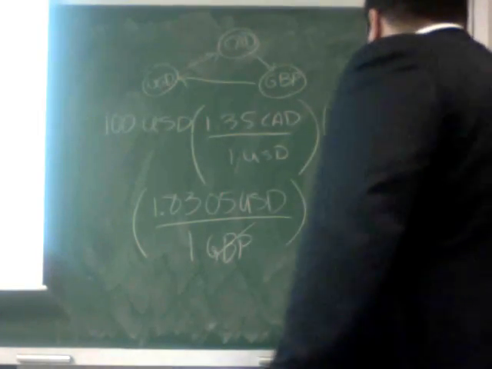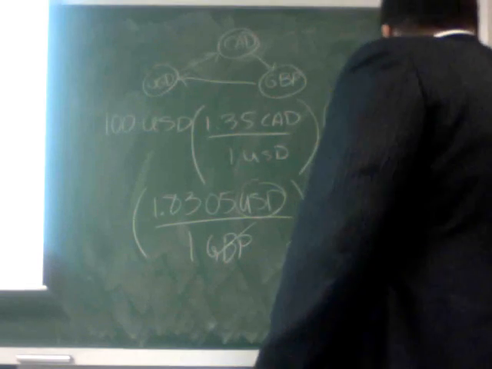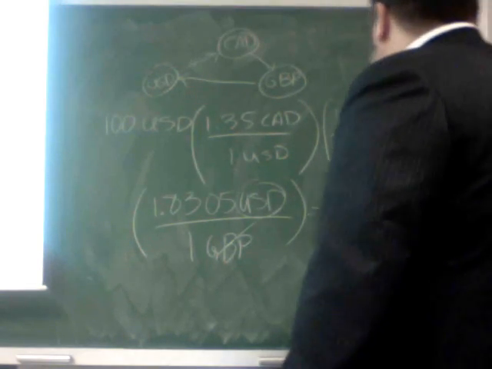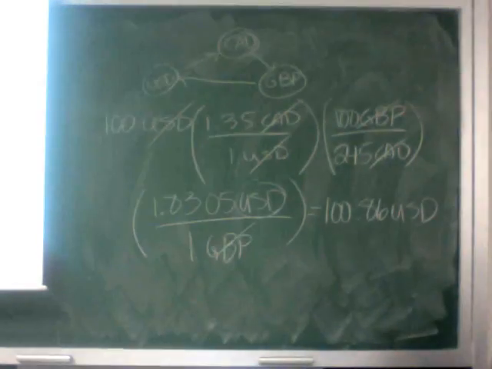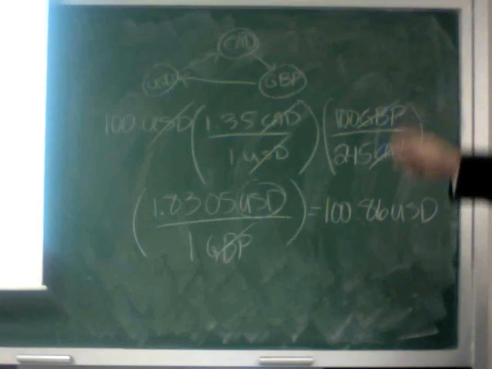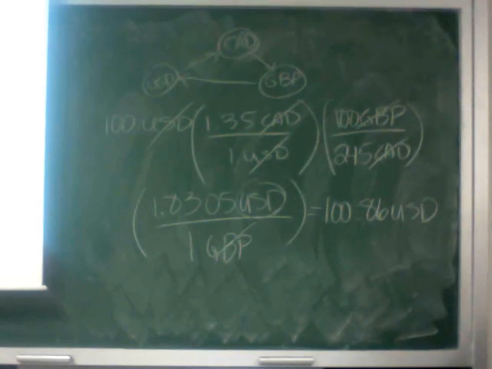And so British pound cancels with British pound, and you get an answer in US dollars, which is what you're expecting. Canadian dollar cancels Canadian dollar, US cancels with US. So we start with 100, we finish with 186. So the profit